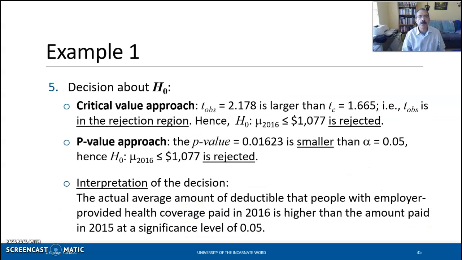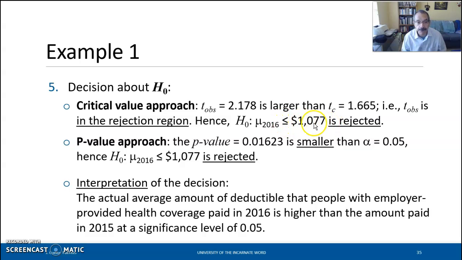All right, now we go on to step 5, which is making a decision about the null hypothesis. If we follow the critical value approach, you see that the t observed of 2.178, the calculated value of the test statistic, is larger than the critical value. That means this value lies in the rejection region, and therefore we reject the null hypothesis that the mean is less than or equal to